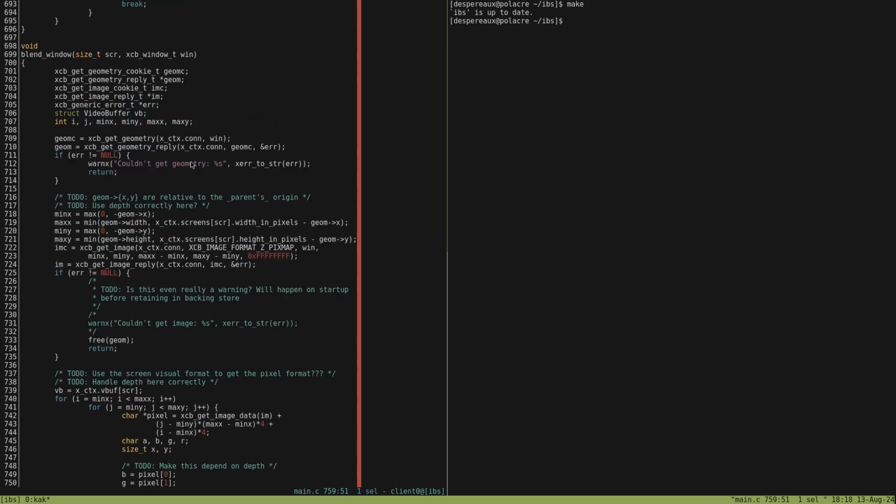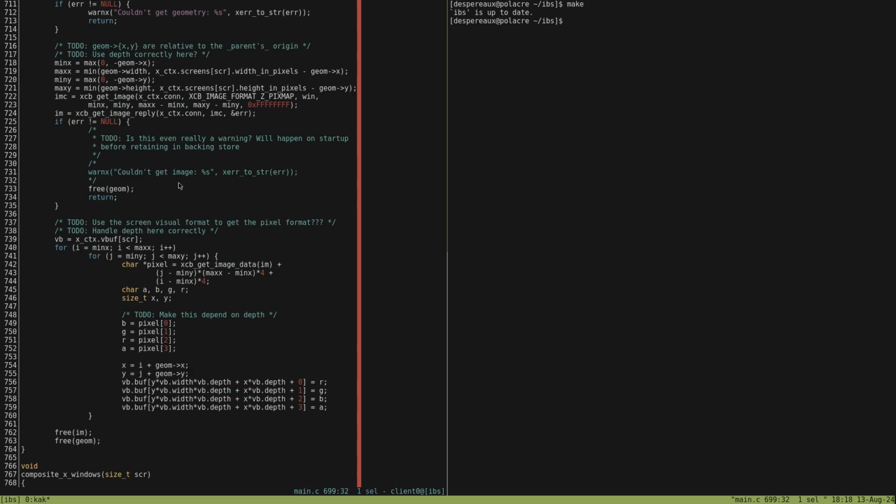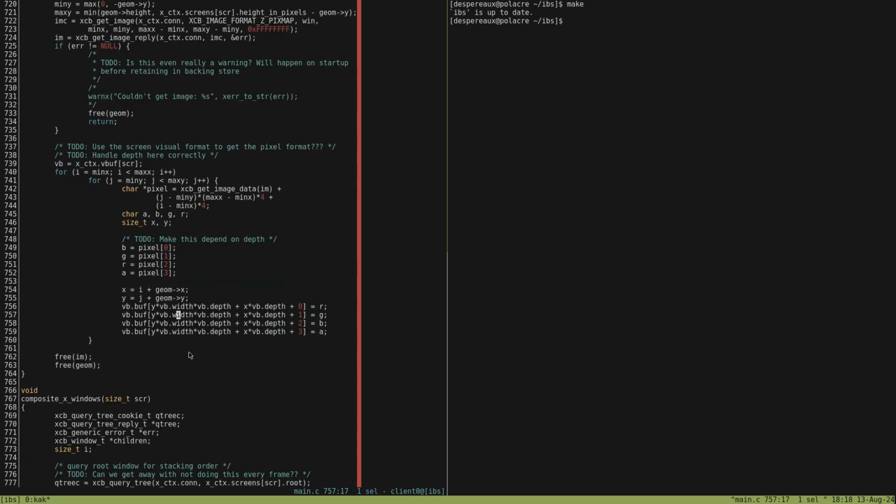by window basis. So here, blend window will, rather than doing this, which just writes it into the buffer, have to actually blend them. And actually, that raises a good question whether we should be blending, whether we should be converting here, which basically the question is whether RGBA is easier to blend alpha or YUV. I imagine RGBA is easier to blend alpha because it's kind of got an alpha channel. So it may make more sense to do the conversion somewhere else, in which case